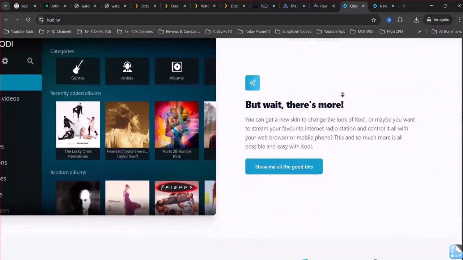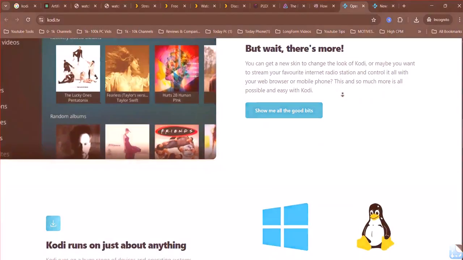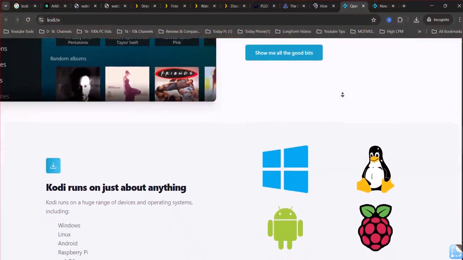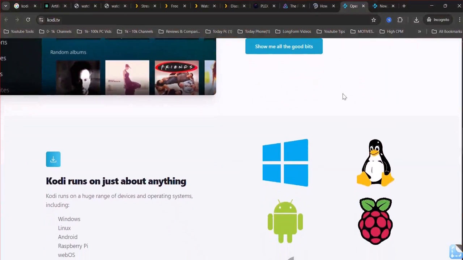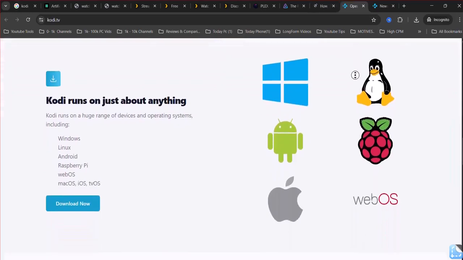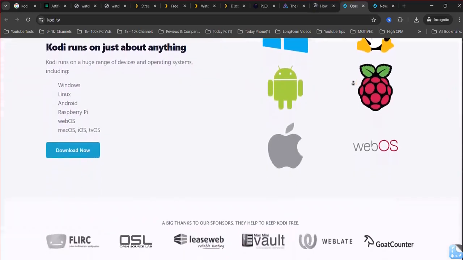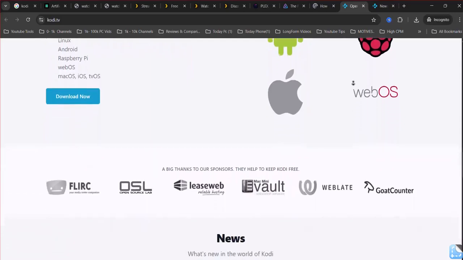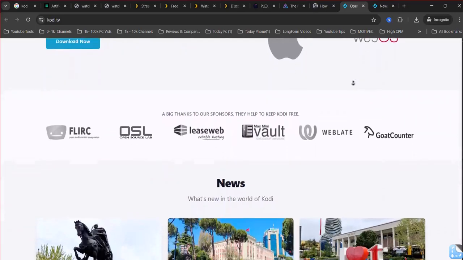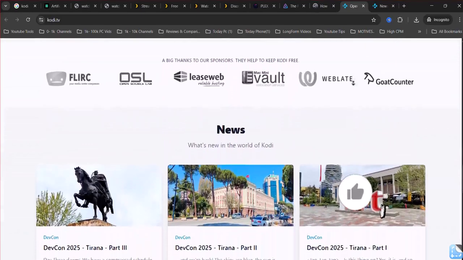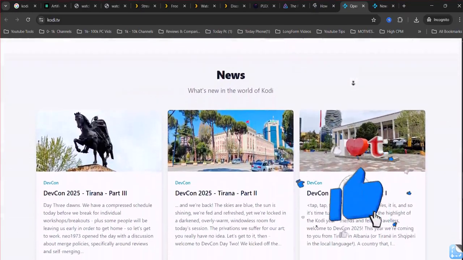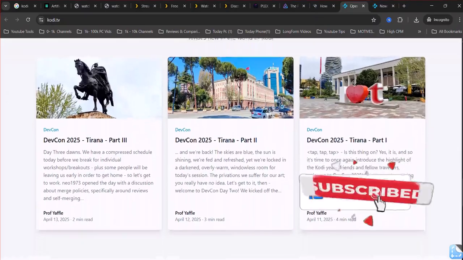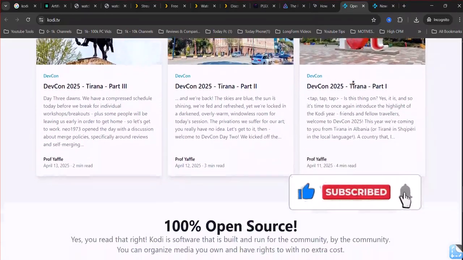Remote access: limited built-in remote access capabilities. Typically requires third-party add-ons or more advanced network configurations. Metadata management: excellent local metadata management through scrapers that download information for locally stored files. Live TV and DVR: supports live TV and DVR through PVR, personal video recorder, client add-ons that connect to various back-end services. Add-ons: vast and active ecosystem of community-developed add-ons that extend its functionality far beyond media playback, e.g., streaming